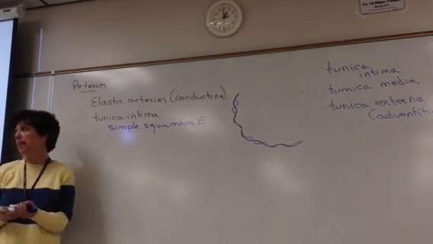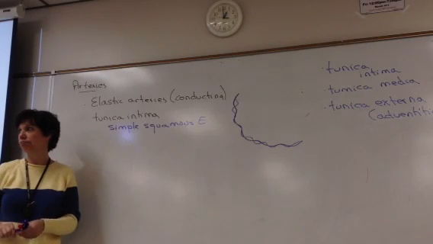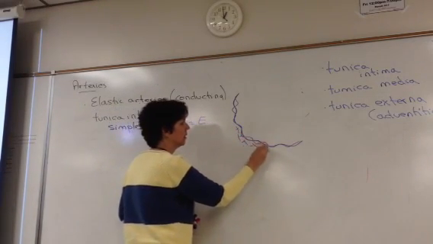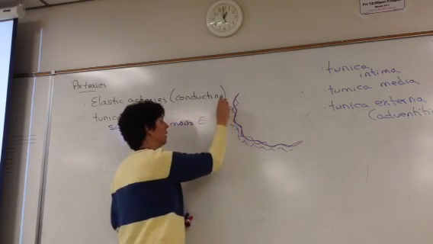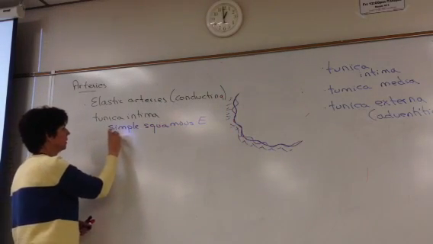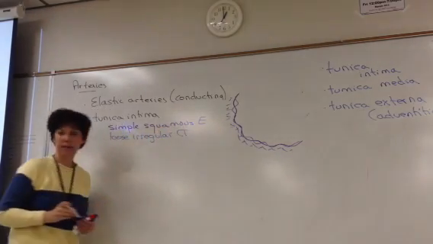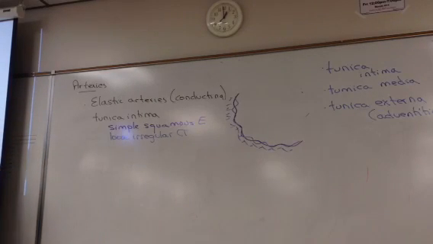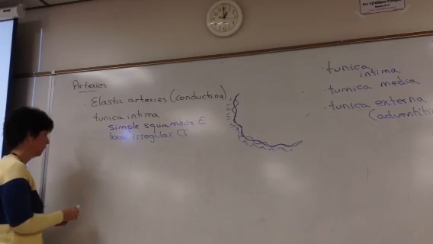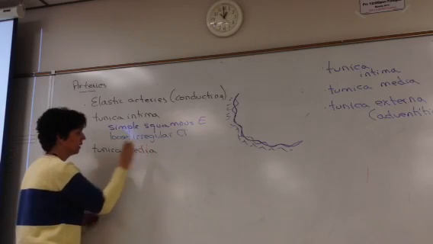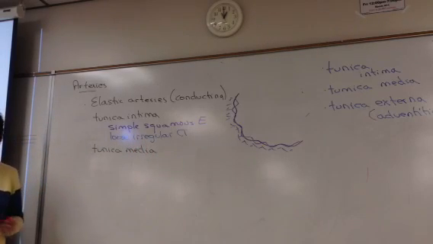And underneath every epithelium is what type of connective tissue? Loose irregular. So that's our standard tunica intima for all of our vessels. Okay. Then we add the tunica media. And obviously, since we're talking about an artery, we're going to have a thick